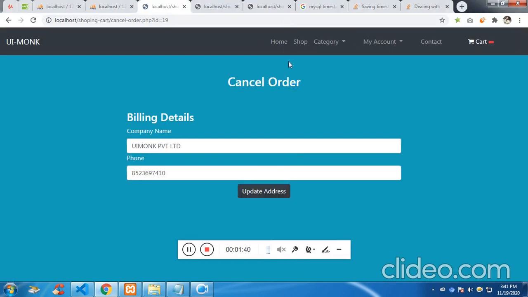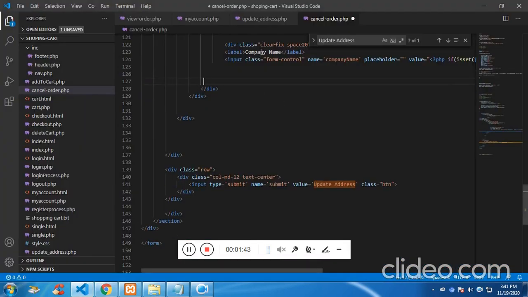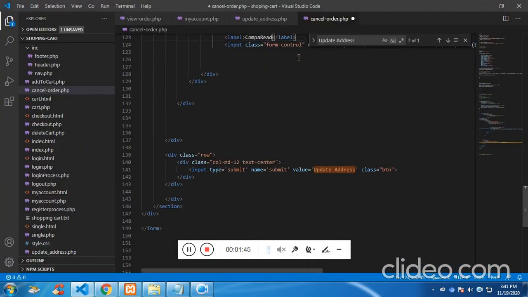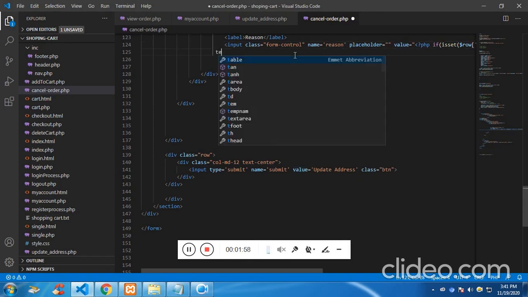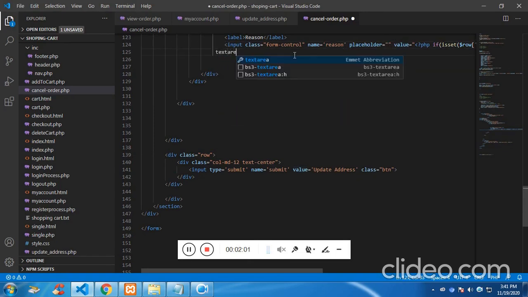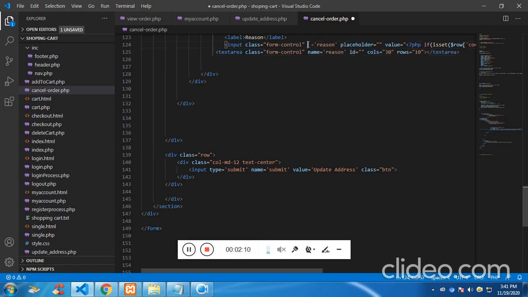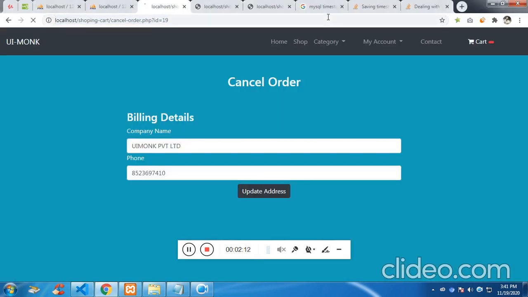Let's see how it looks. We'll add a reason. A reason for removing. We'll add a text area. Copy it and paste it. Remove the above one which is not needed. If I refresh,